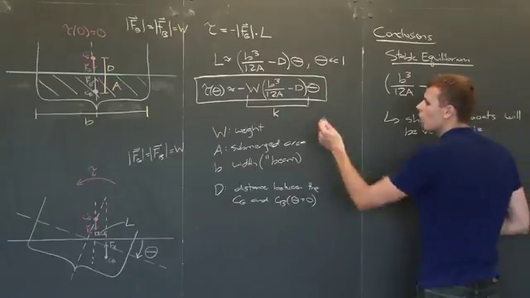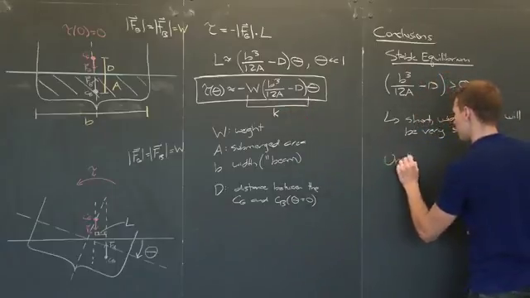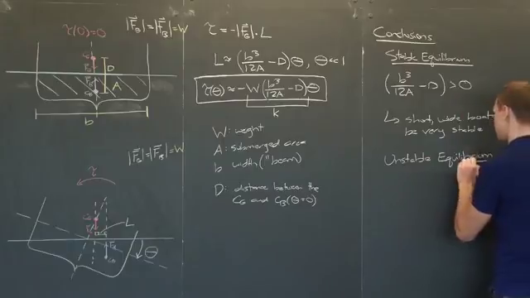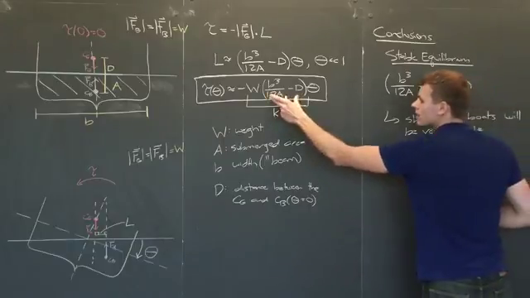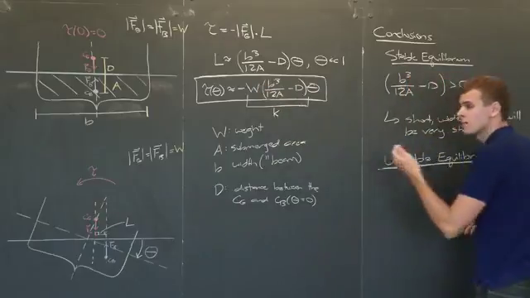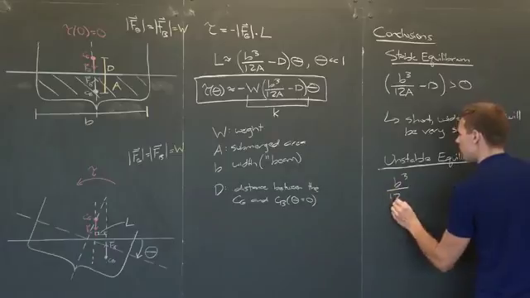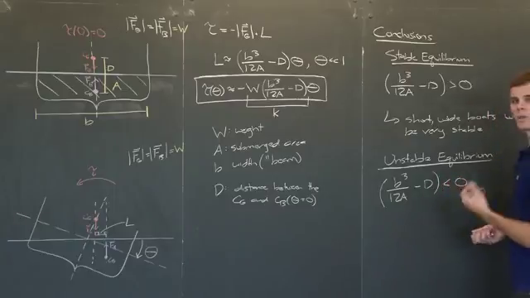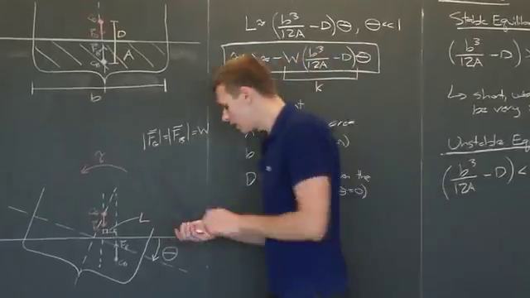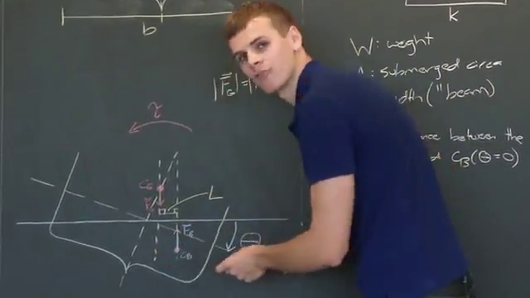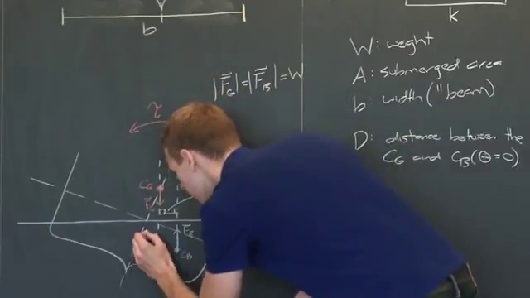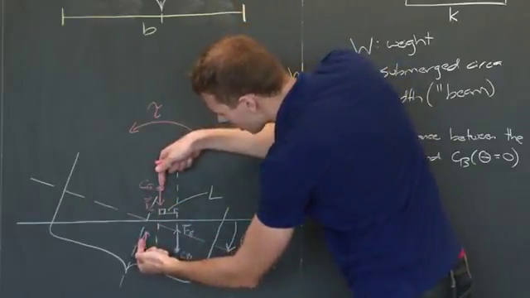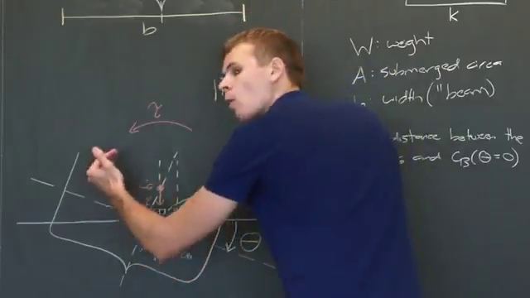Well, we get an unstable equilibrium when k is negative. k will be negative when this quantity is negative, since again, W is always a positive constant. So we have an unstable equilibrium when b cubed over 12a minus d is less than 0. When this quantity is less than 0, in this picture, it means that the center of buoyancy is actually located to the left of the center of gravity. In this case, the two forces still generate a torque. However, they now generate a torque in the opposite direction, trying to rotate the boat further and further away from